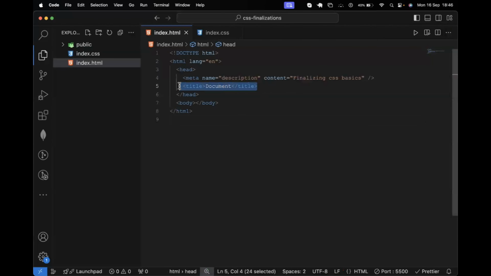For the title, you already know what it does. And for the body, this is where our content goes. So now, as I said, we are going to be looking at